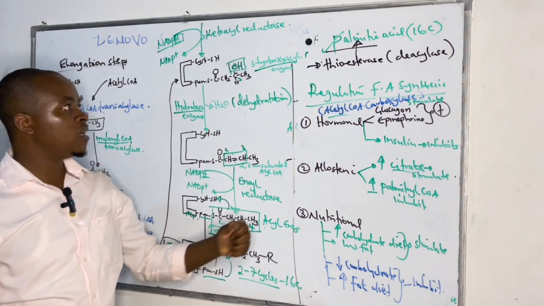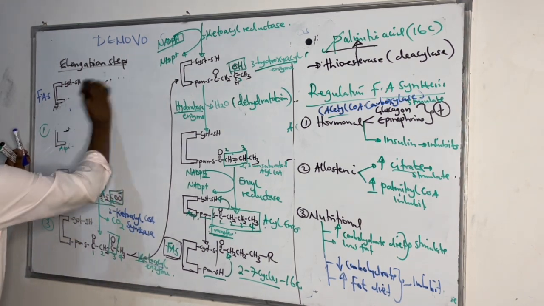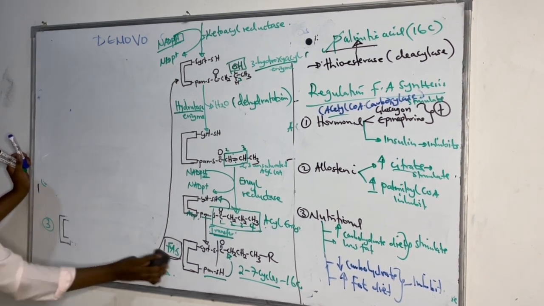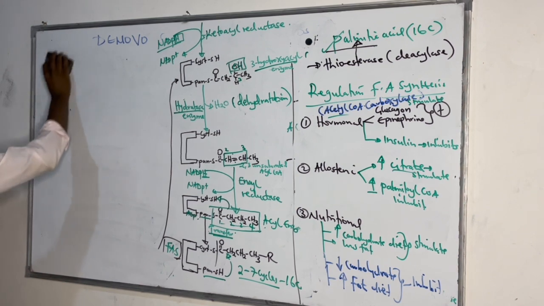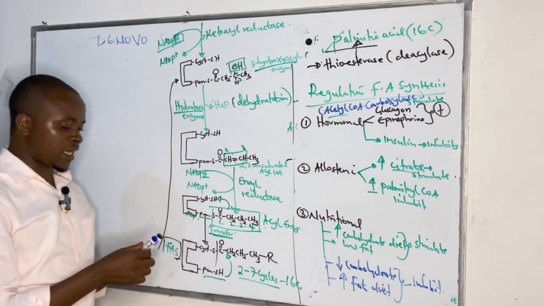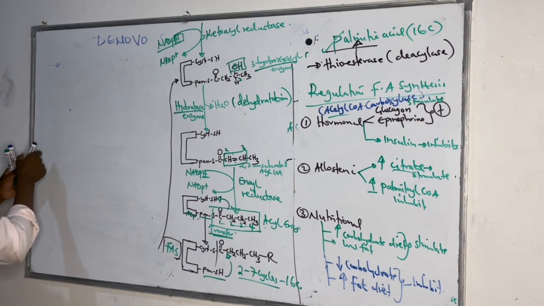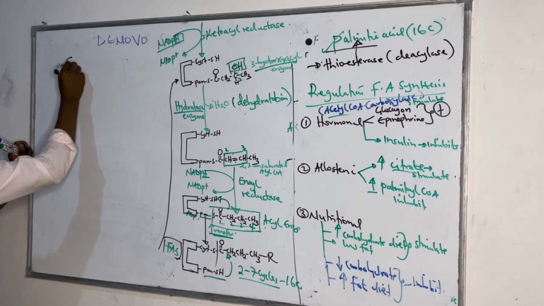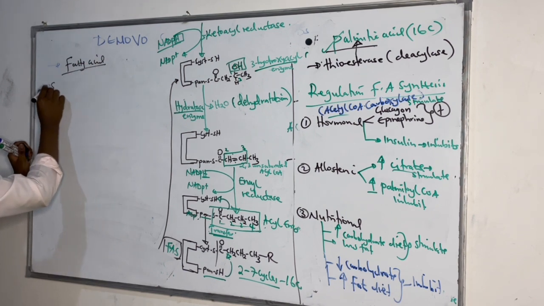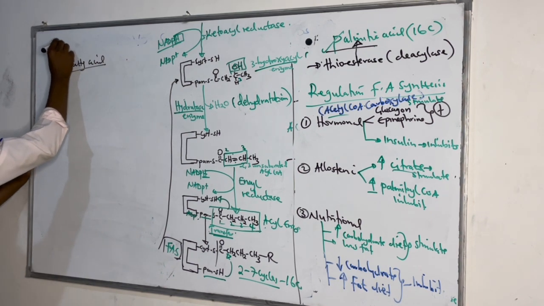So after forming our fatty acid, we can use it. We can use this fatty acid we have formed to synthesize triglycerides. We have the fatty acid which is formed during de novo synthesis, and we can use it for synthesis. So the heading here is biosynthesis